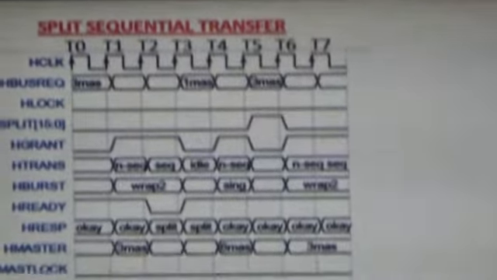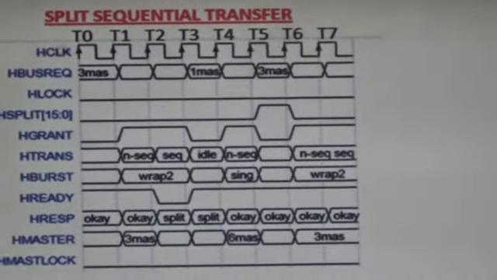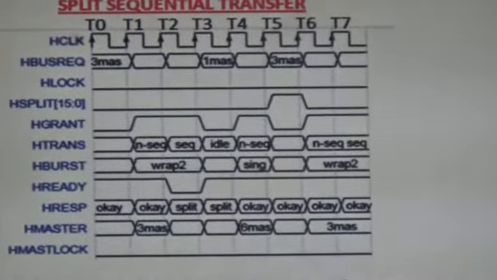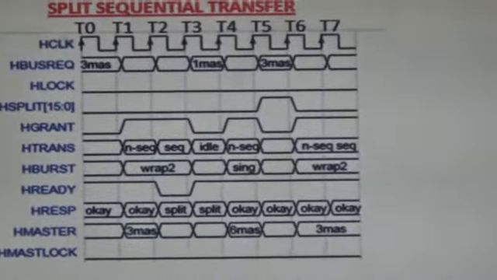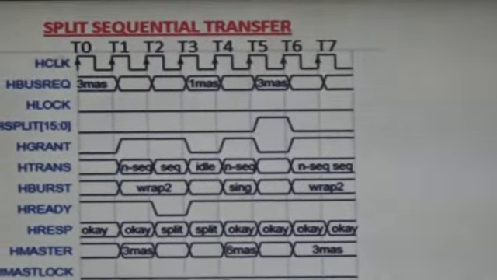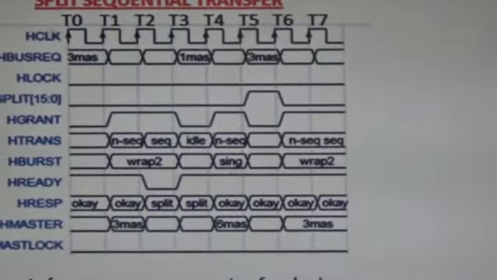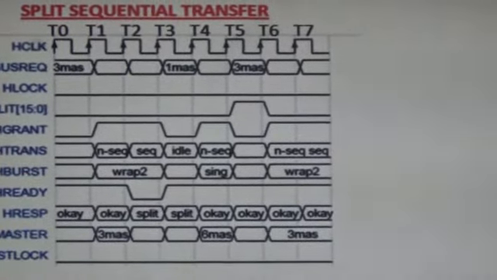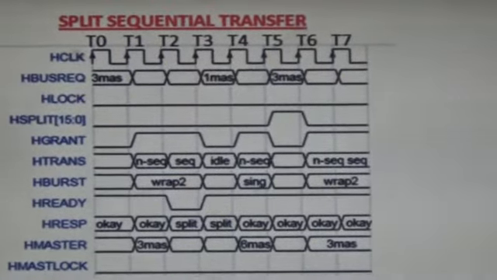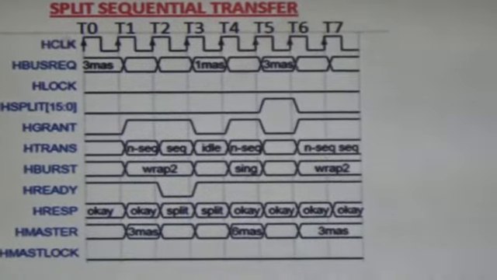That means now the split slave is ready to serve the master which had earlier sent the request to access the slave. One identified thing is that when the master sends a request to the arbiter and the arbiter gives access to the bus, but the slave responds with HSPLIT, the slave will note down its number or ID so that it can use it when the slave is free. When the slave is free, it can access the master which has sent its request to the arbiter.